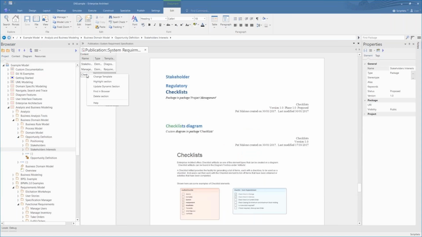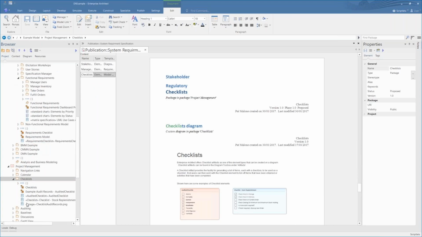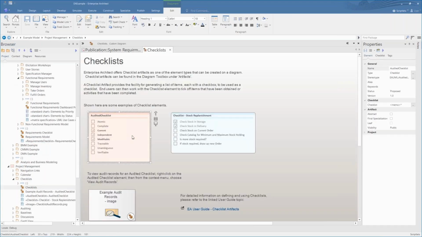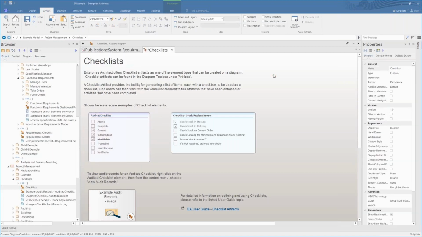So I can make changes, and I can view where I got the information from. For example, here we have our checklists, and I can go in and change the color of the checklist. I can make changes and then update those in the report as appropriate.